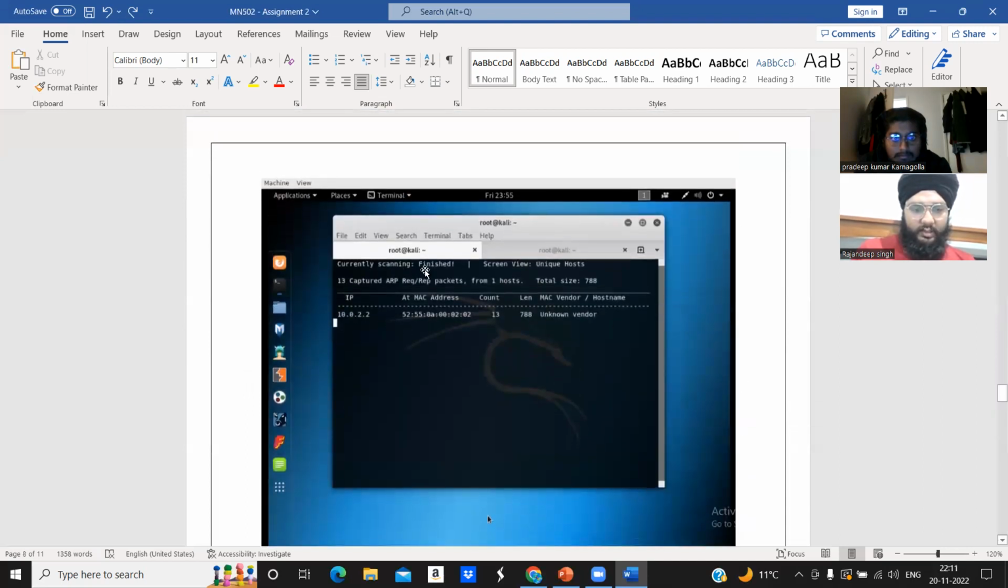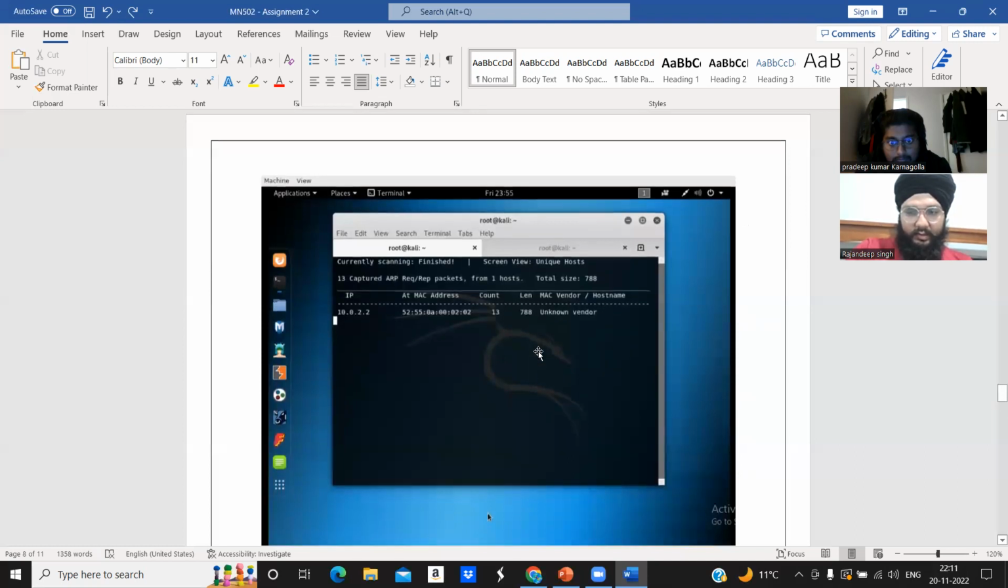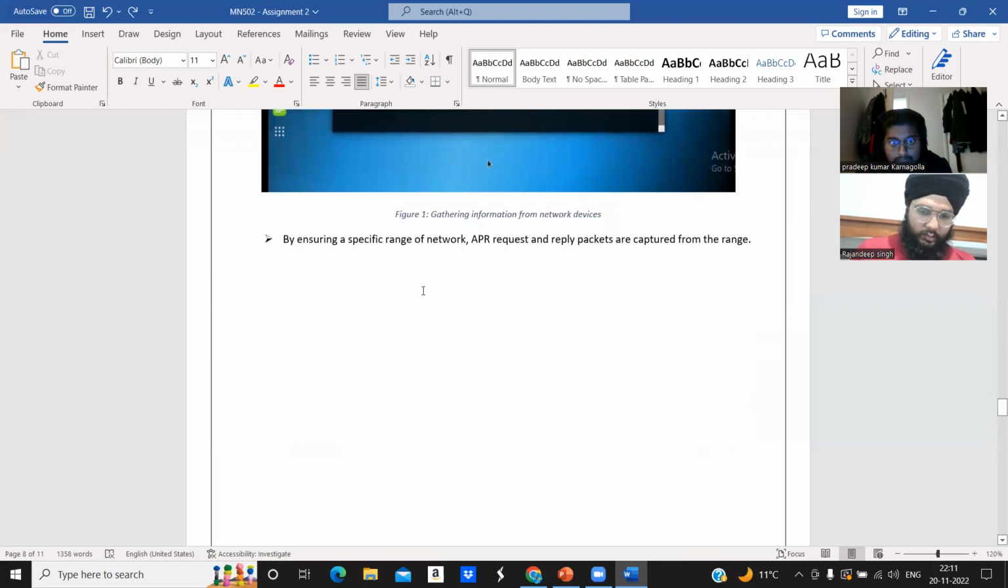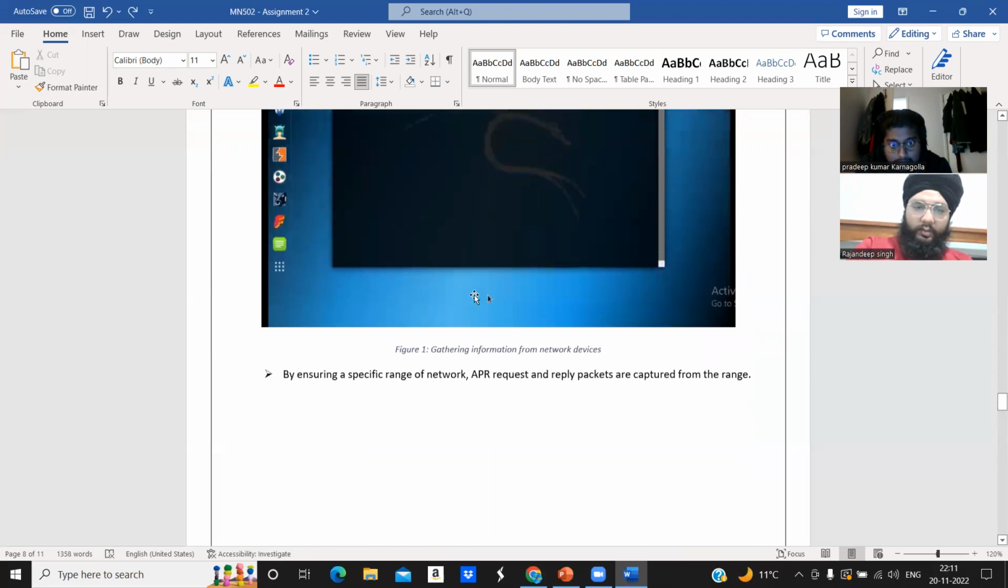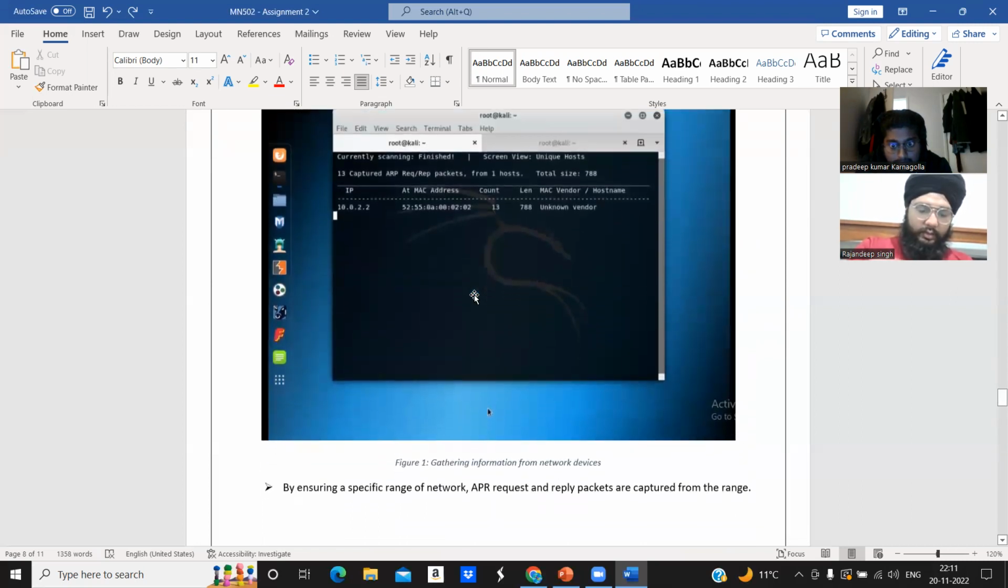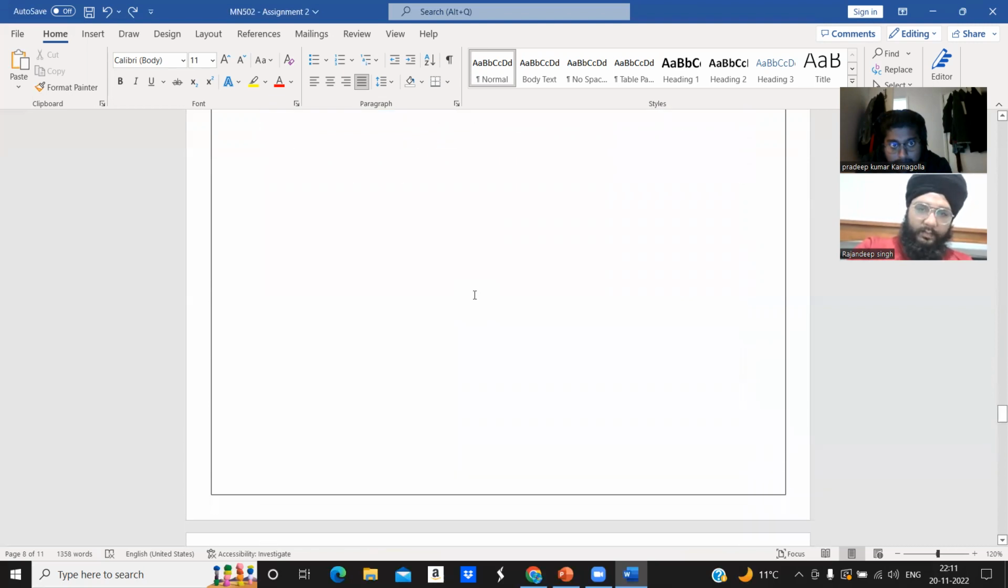Then, ensuring the currently scanning is finished, the IP address is 10.0.2.2, and the MAC address is also given here. There is a certain count, and the length is 78, and the vendor is unknown vendor. So in this figure, the gathered information from the network device is shown, and by scrolling down,